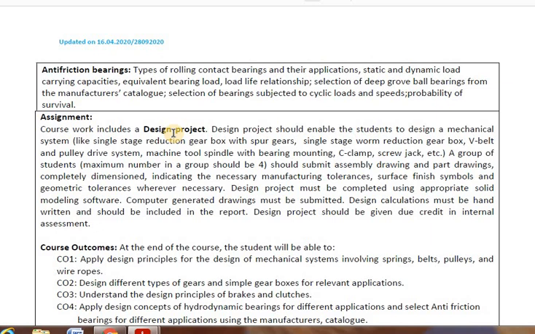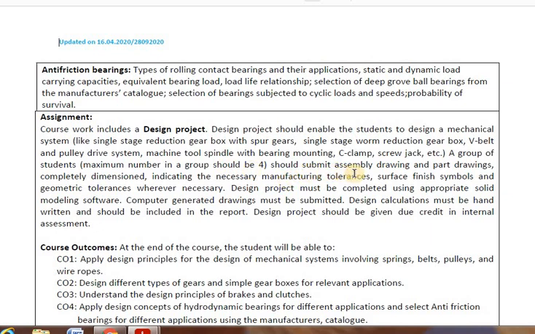Mini project is a totally different subject itself. But this design project is going to come as an assignment in this particular subject, where you are going to make a group of 4 students. The group should be about 4. Whatever group you formulate for the mini project, the same group we take over here.